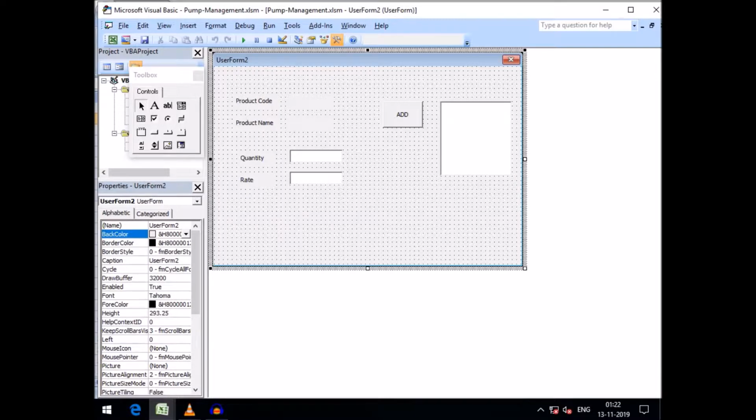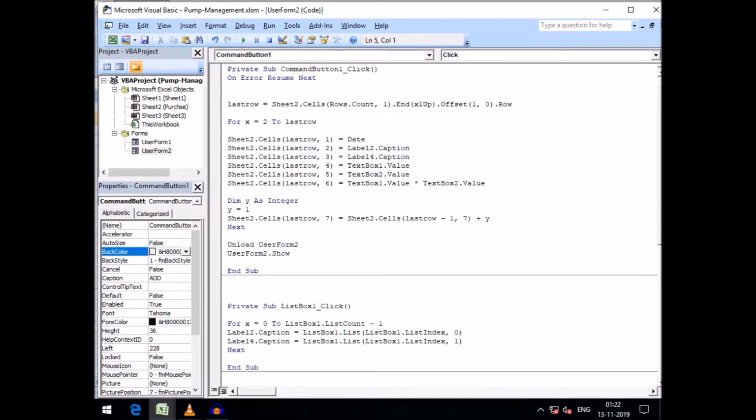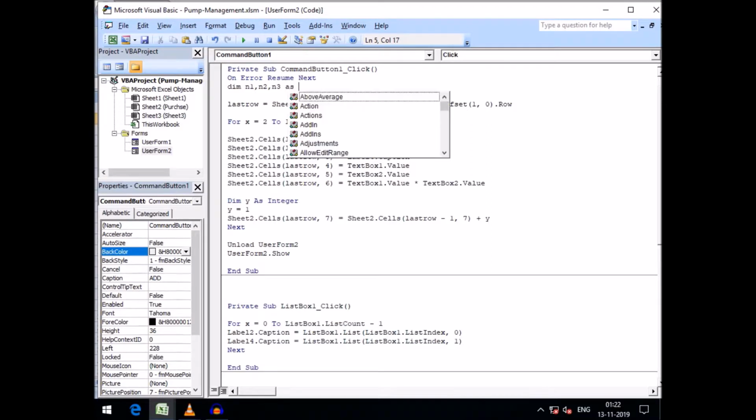So let's go to our user form, that is user form 2, and click on the add button, and we need to declare a variable, a double variable, say dim n1, n2 and n3 as double,